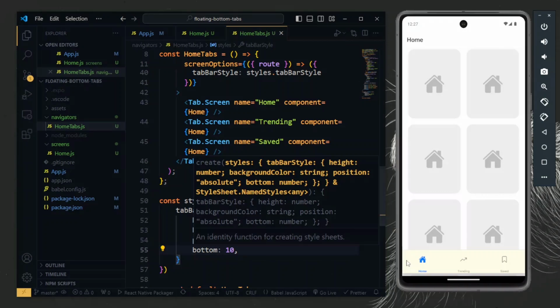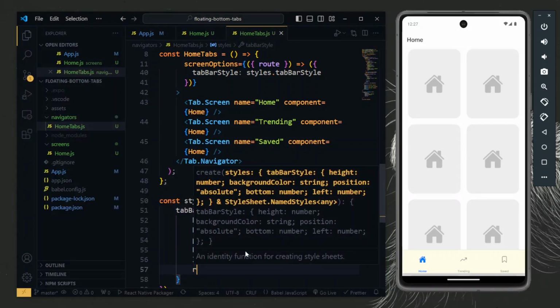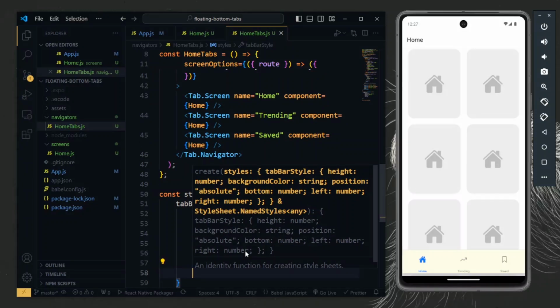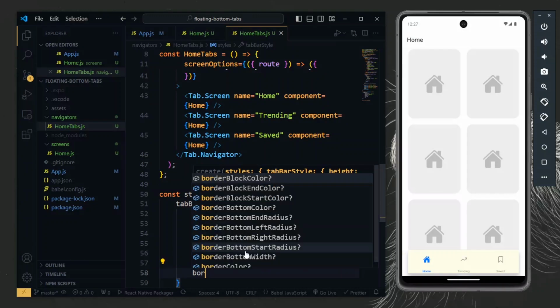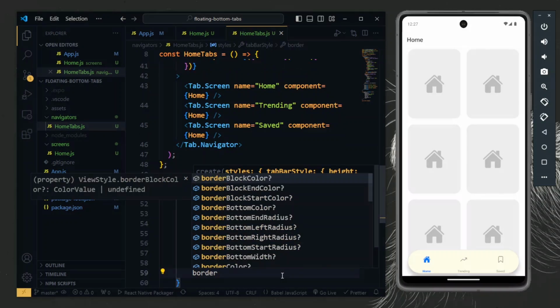Next, we want to give it some space at the left and the right. So we'll give it a left value of 20 and a right value of 20 as well. Next, we'll give it a border radius. And we'll set this value to 40. This will give us the curvature that we want. After this, we want to give it a border top width